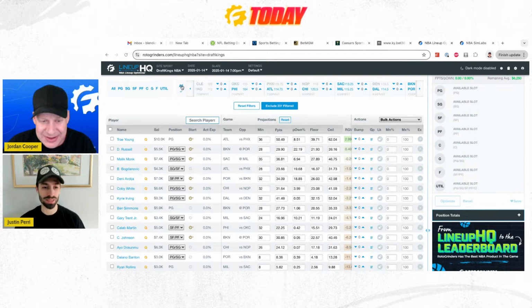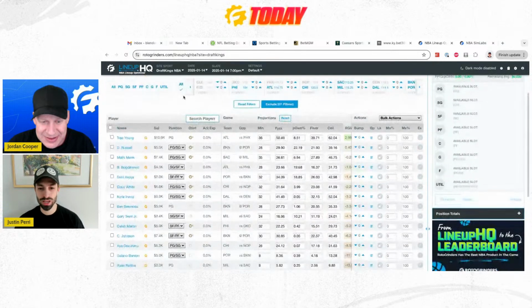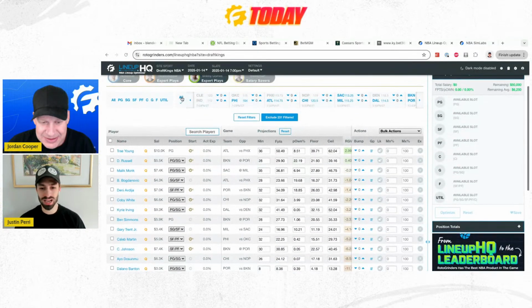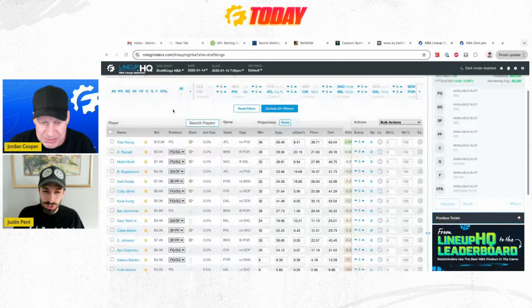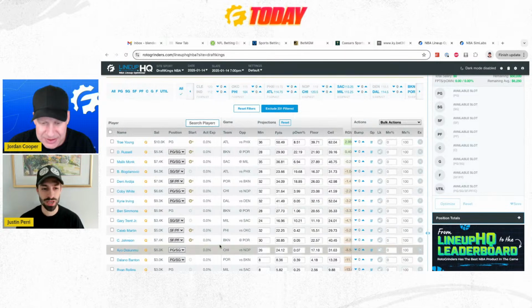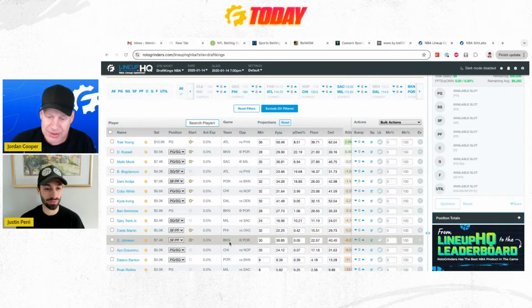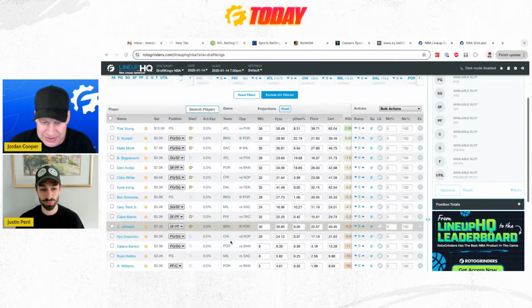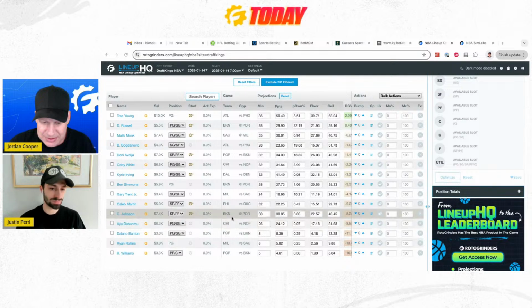Maybe. I do think that you can look to someone like Nic Claxton for a cheaper option, especially if Russell isn't there. The Shot Quality model likes Noah Clowney a good amount too. I think Cam Johnson is questionable today instead of out, so we'll see if he's in. That's a big shift for how this Nets team plays. He'll be at 7,400 today. Yeah, that's an interesting spot. I've been looking at Claxton a good deal. I think he usually is a bit undervalued.